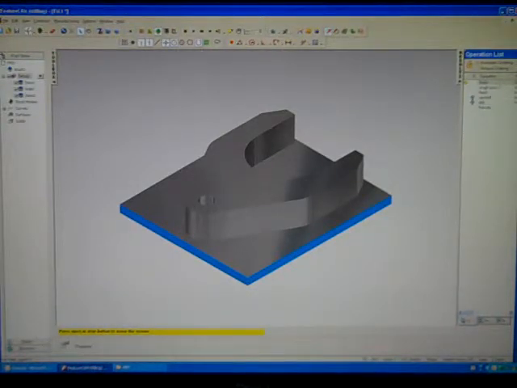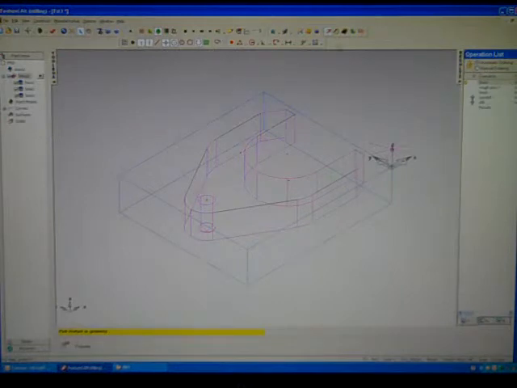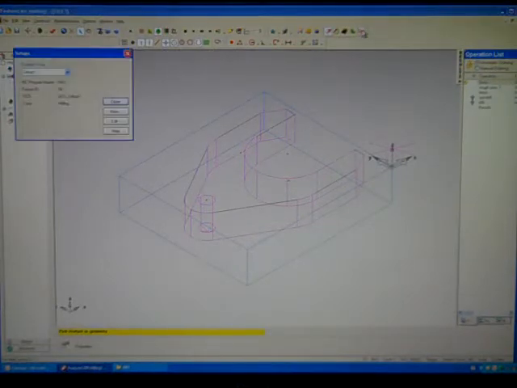Alright, welcome back. You'll recognize this part from our first video. Step 1 is complete, and what we're going to want to do is flip it over and set up a second setup to remove the excess stock off of the back. So I'm going to stop my simulation, and I'm going to first go up to setups, and I'm going to